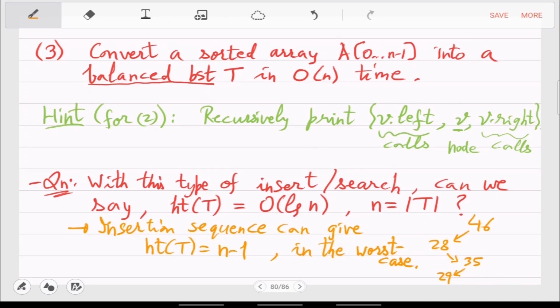So the height can be as bad as your array size. So this has not solved anything. We are only imagining good cases. We have not handled the worst case. So for that, the solution is to change the pseudocode of insertion. That has to be made more complicated so that it is balanced at all times. Okay, so this we'll do probably next week.